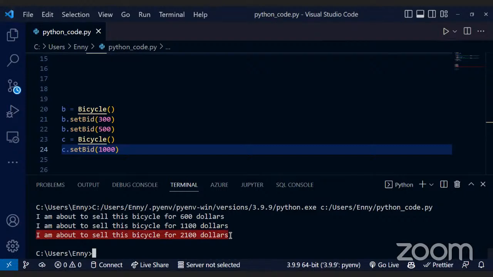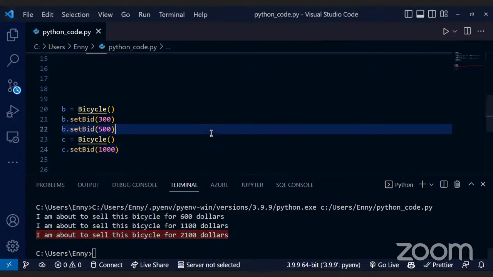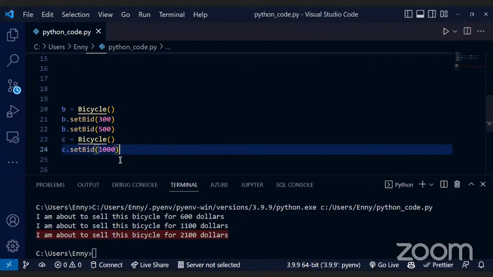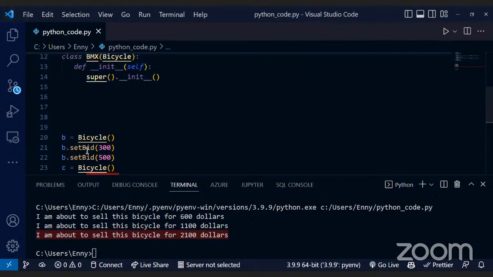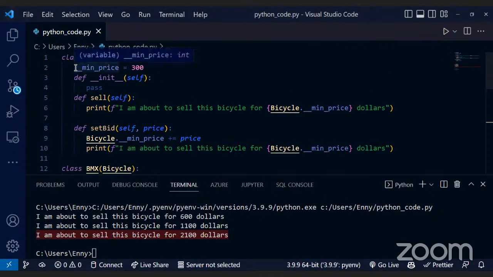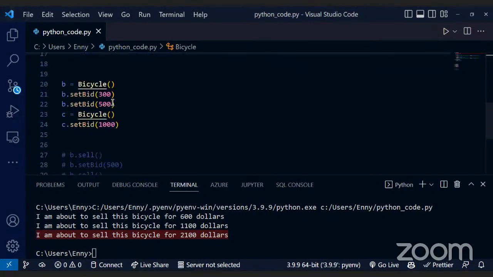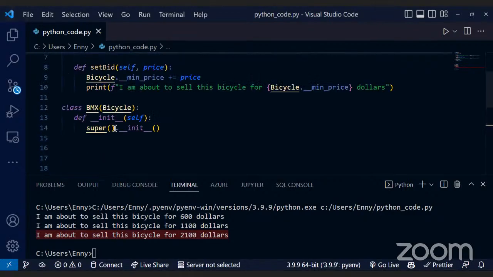The reason we have that, I explained this yesterday, is because it is a class variable and all objects of that particular class have access to that attribute itself. So when this guy gets a hold of the set bid method, he can change the minimum price. At this point, it is 1,100, and this guy changes it to 2,100. Let's just go back to creating this,